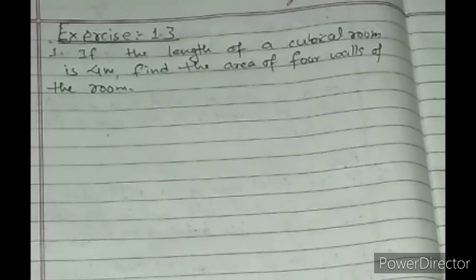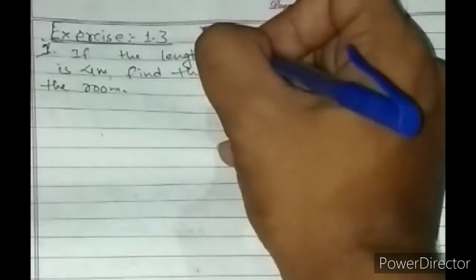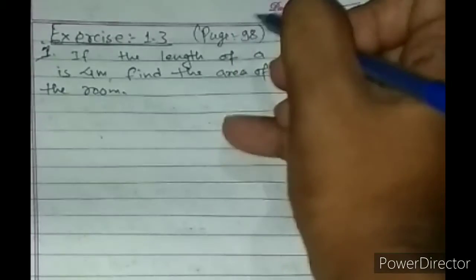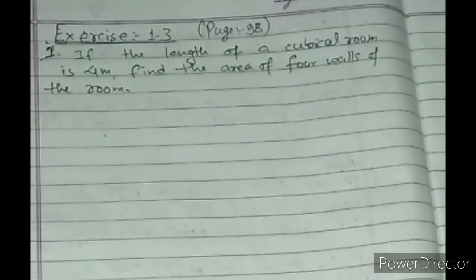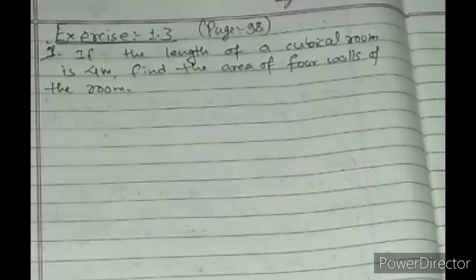Now let's do the exercise. You can see a question there on your screen. Question number 1. You can turn to page number 98 from your maths book, D.R. Simkhada's Maths Link, published by Allied Publication.